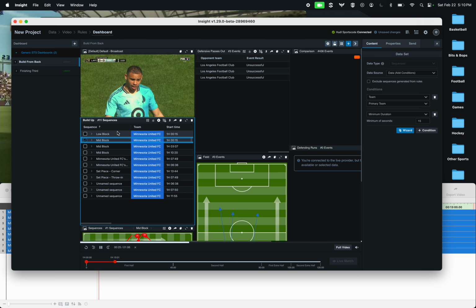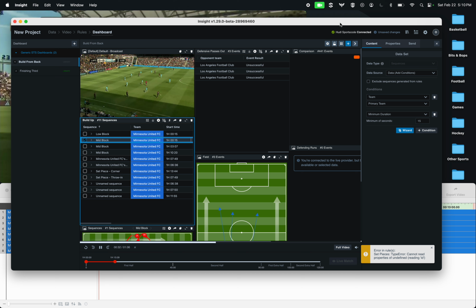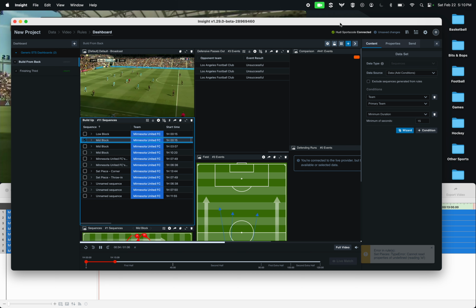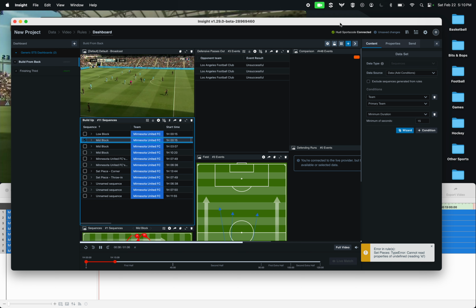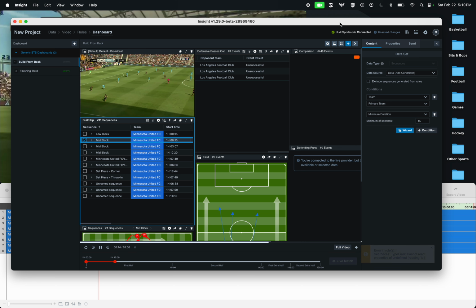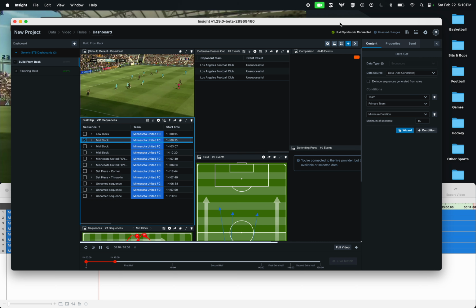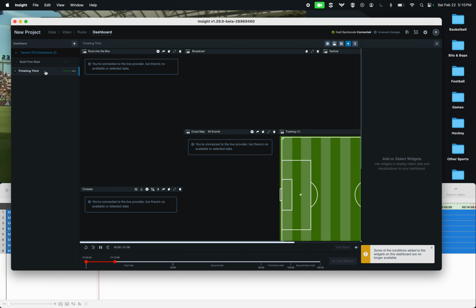Now this can just be left on in the background, of course, to auto-populate your timeline. So it's a way to almost have some sort of bot or coding help while the game is active. You could be coding individuals, set piece, that sort of information, while you're focusing on more bespoke moments to create presentations for halftime. Of course, you could also use the Insight dashboards themselves to analyze visualizations to get a better